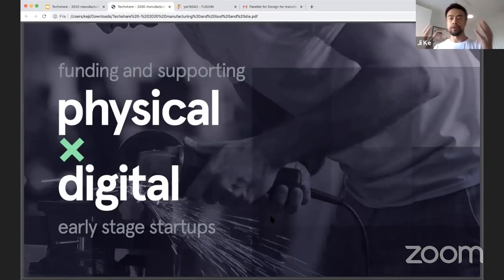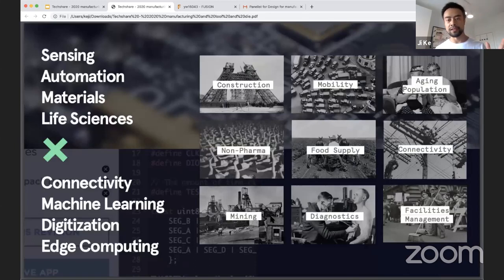Like I said, a lot of you guys and a lot of Hacks teams are focused extremely on the digital side, but the physical is the enabling factor, right? So what does it look like? Well, if you combine sensing, automation, materials, life sciences with cutting-edge machine learning, edge computing, machine vision, you are in a fantastic place to disrupt some of the most traditional industries, right? So we've been investing a lot in mobility, food, mining, facility management, connectivity, etc. And I believe that there's an intersection between what we invest in and what you are doing. And so our learnings from investing in these industries, hopefully, are going to be quite relevant to